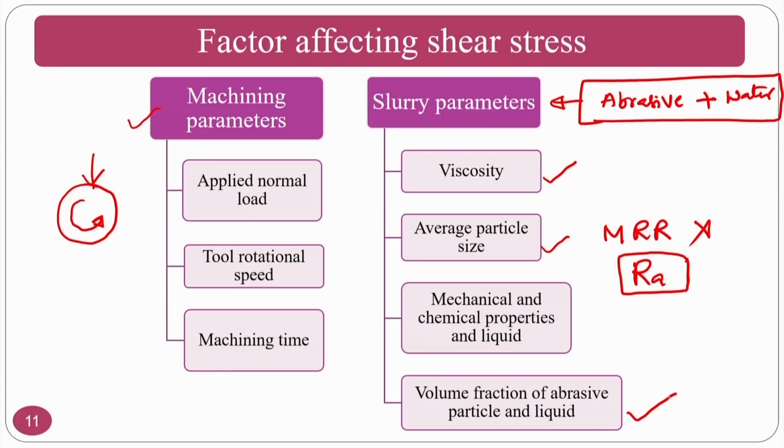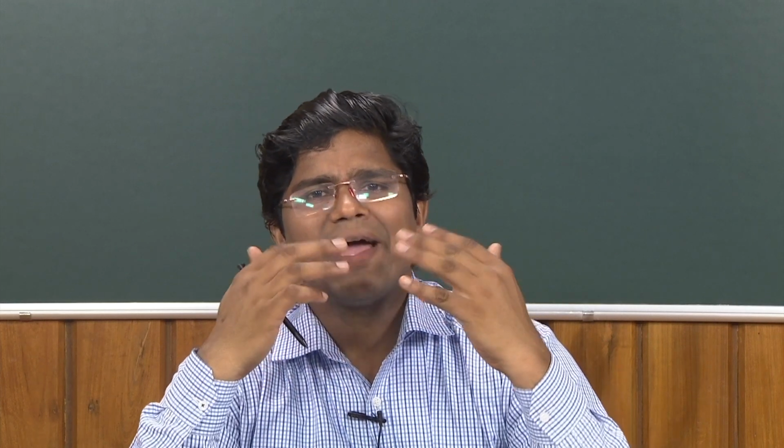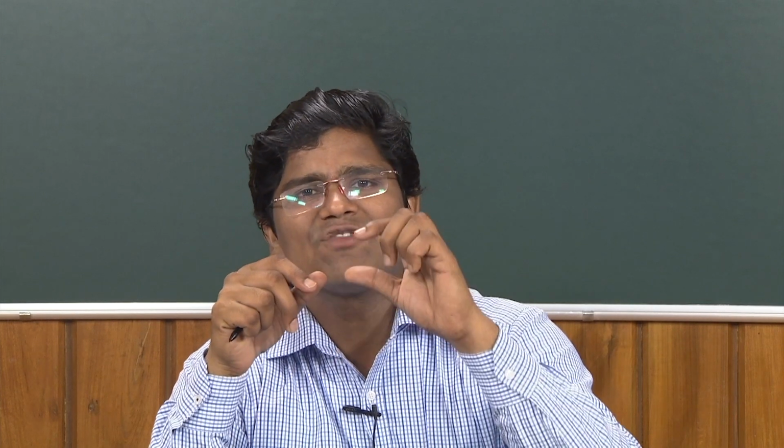If the abrasive particles are more, what will happen, as you have seen in the previous slide, the OH group of the abrasive particles is reacting with the OH group of your workpiece. If you have more and more abrasive particles, OH to OH bonding will be very good. At the same time, in many places this OH bonding will be there, and it will be released as H2O, and the remaining oxygen will bind to the surface atom and take it away as an oxide atom. So, it will form the oxides and it will remove the material.